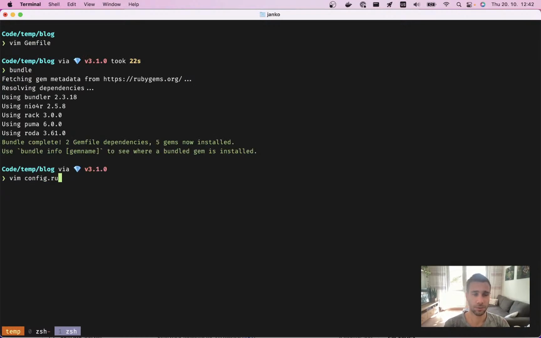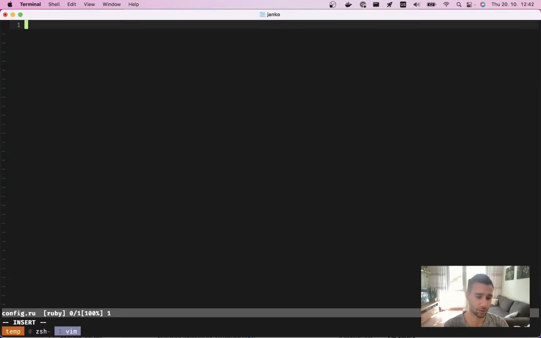We'll create a config.ru file, which is where Rack looks by default for the application configuration. So I'll require Roda here, create a sample app,